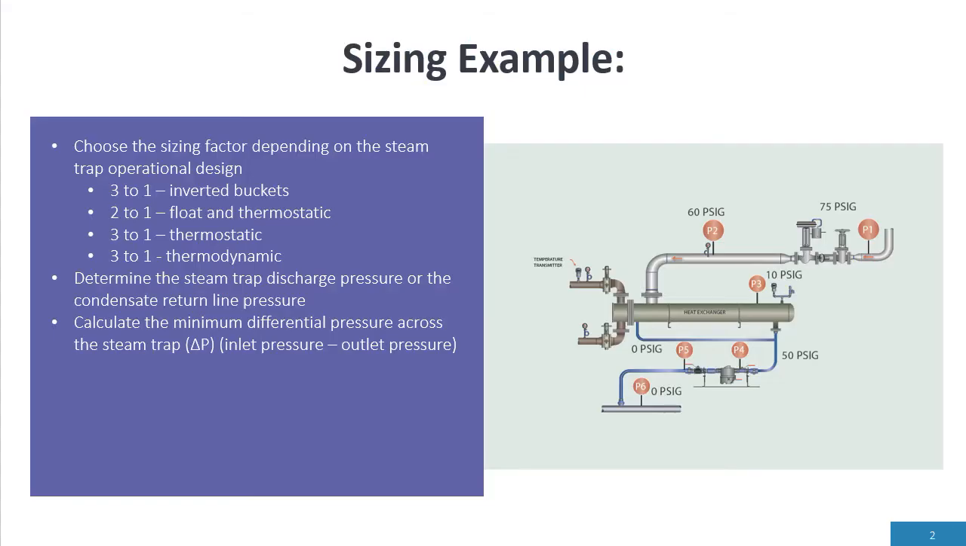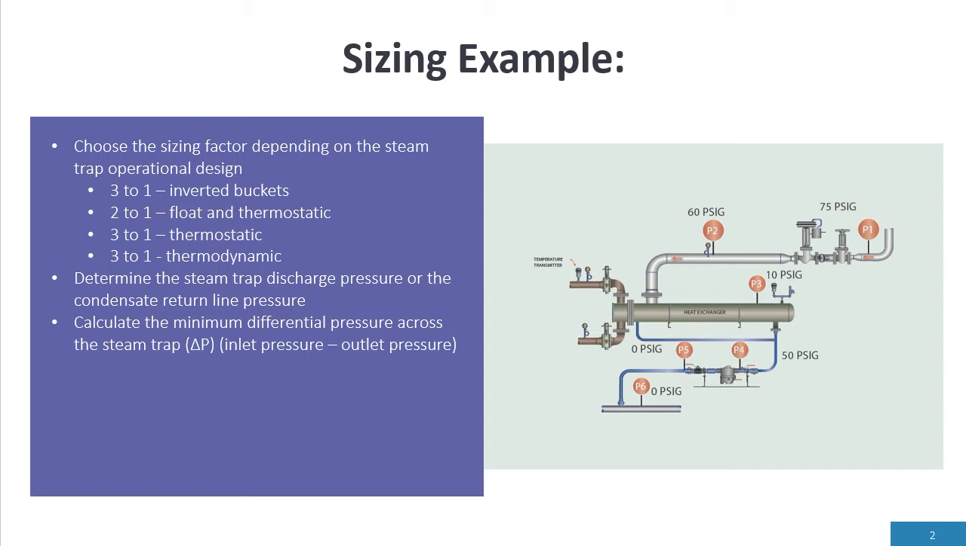Going to a sizing example, one of the things we need to do is come up with a sizing factor. All steam trap manufacturers will have a sizing factor for their condensate capacity charts. Example, inverted buckets are 3 to 1. What does that mean? If my condensate capacity is 200 pounds per hour, then I take 3 times 200, or 600 pounds per hour. So I want to select a steam trap for 600 pounds per hour in the capacity